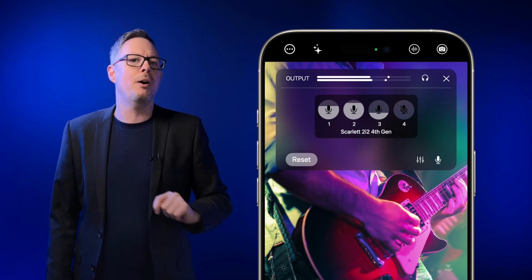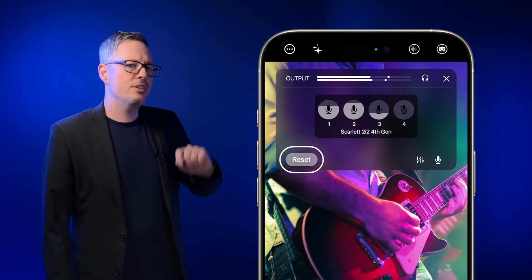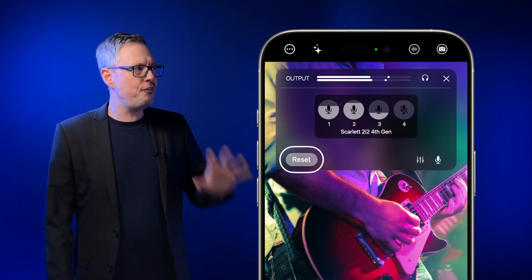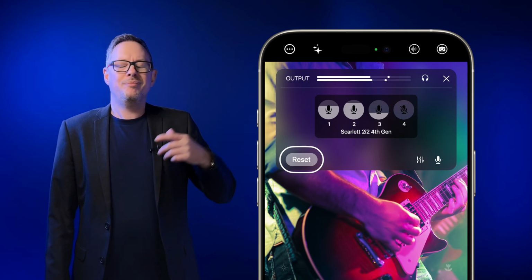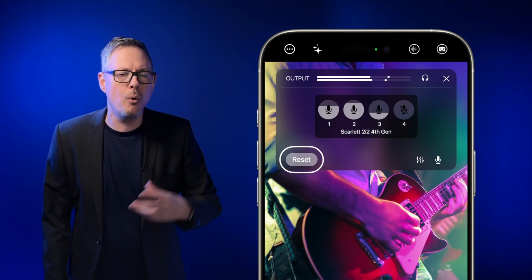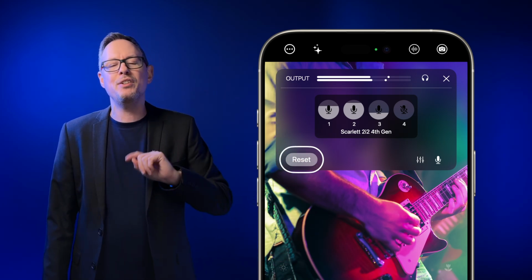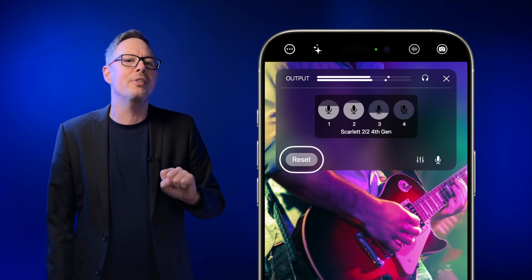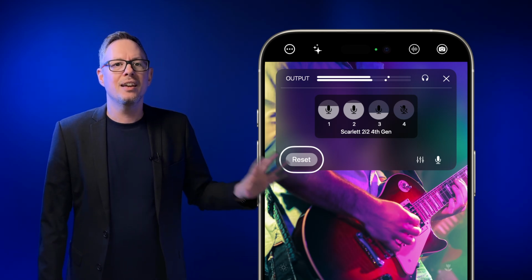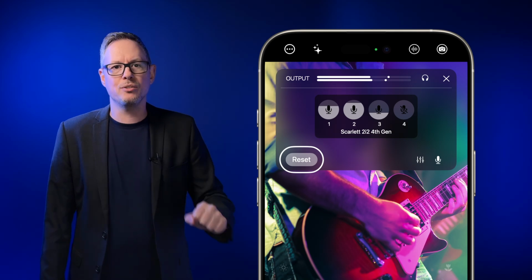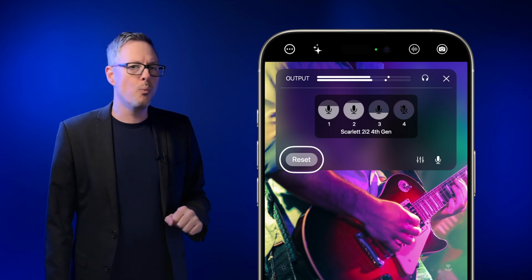Now there's one last button I want to talk about, which is this reset button. If you get yourself into a mess, or something was set up from a previous gig or whatever, just hit the reset button, and yes, there is a box that asks you whether you're really sure about this, and then we can reset all the settings and you should get some sound out. So that's a really useful feature there as well.